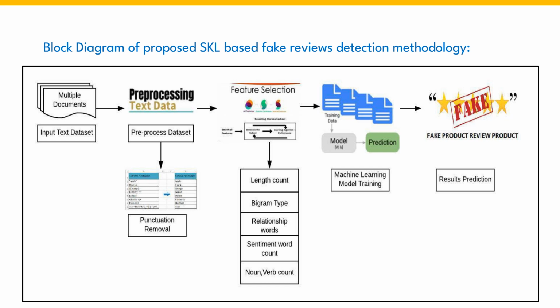Next, logistic regression is one of the most popular machine learning algorithms, which comes under the supervised learning techniques. It is used for predicting the categorical dependent variable using a given set of independent data. Logistic regression predicts the output of a categorical dependent variable. Therefore, the outcome must be a discrete value, such as yes or no, 0 or 1, true or false, etc. So upon this, finally, it comes to fake product review detection and the results can be